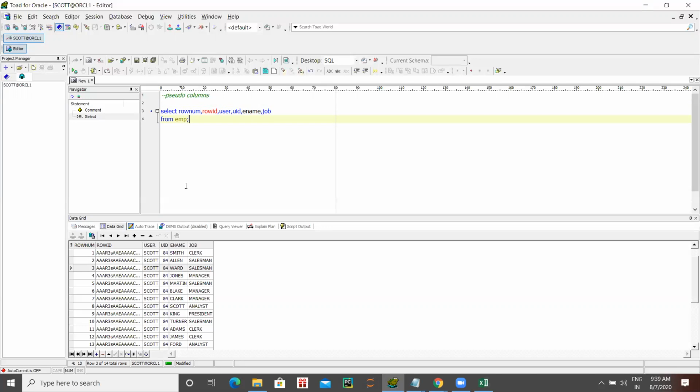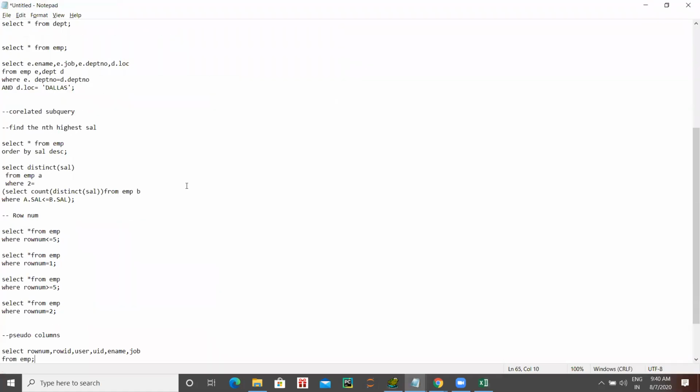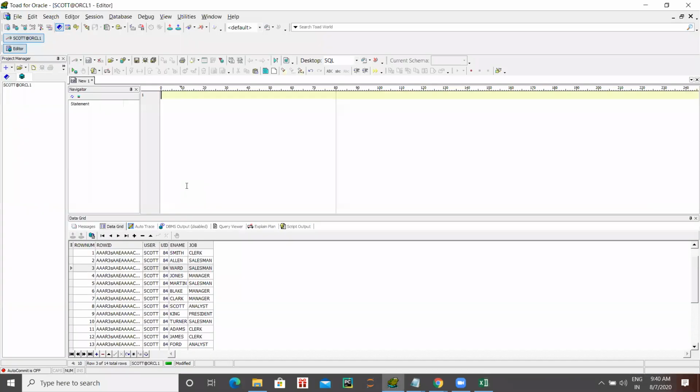These are the false columns. They are there by default, and you can use them with any table. Clear? Sometimes they may ask what pseudo columns are. You can tell them all these things. You can save it. So we'll stop here. We'll do the next topic in our next session.